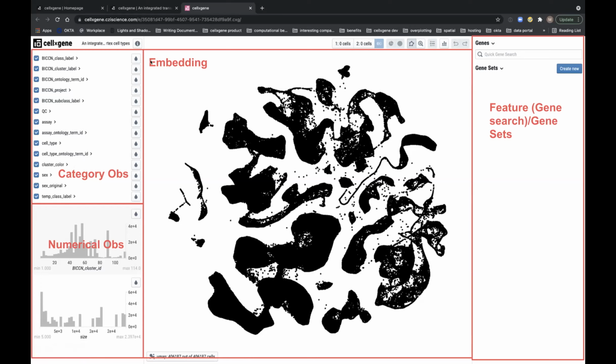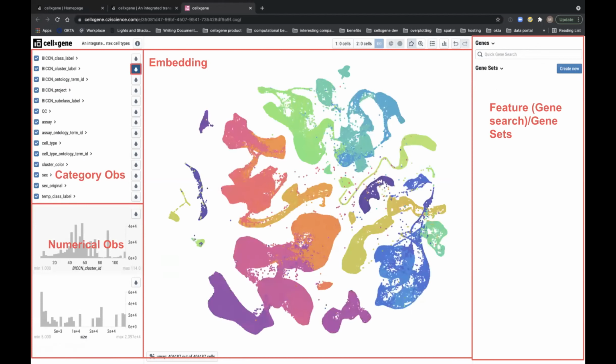Here's the embedding, which is the typical representation when you're looking at a single cell atlas. On the right-hand side, we have gene search and gene sets, and I'll introduce those in a demo a little bit later in the talk. This is how you're interacting with your data matrix from the slide that I showed you before.